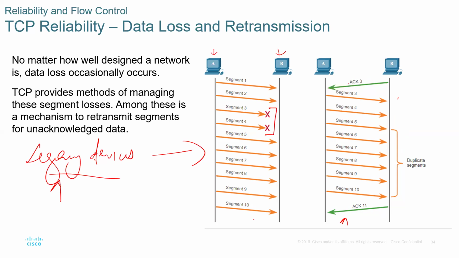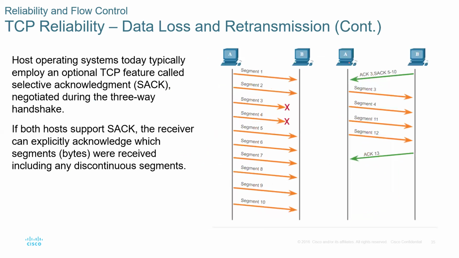So the old way of doing things: acknowledgement is sent and retransmission happens, retransmission starting at segment number 3. So all of them get resent. However, you see it creates duplicates, because some had already been sent before. So retransmission works using my acknowledgements. However, this one was not as efficient.